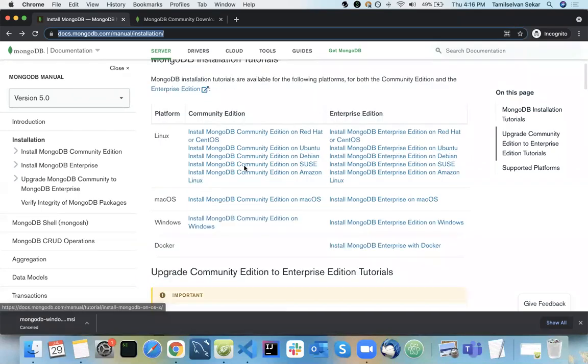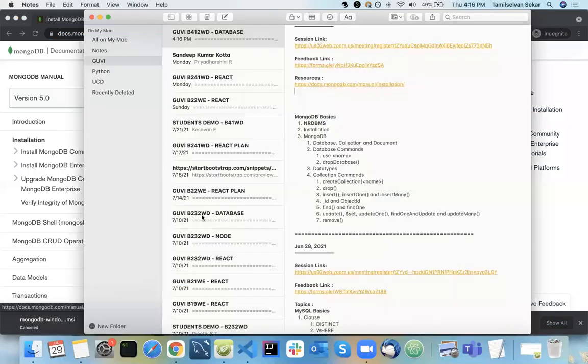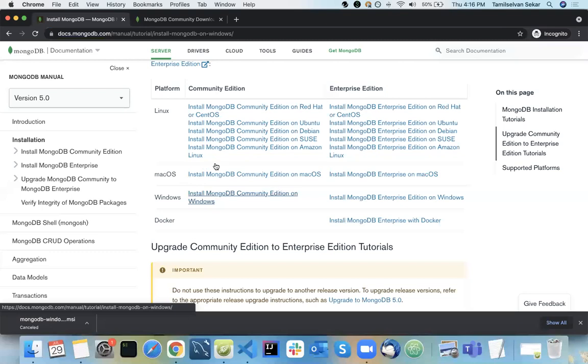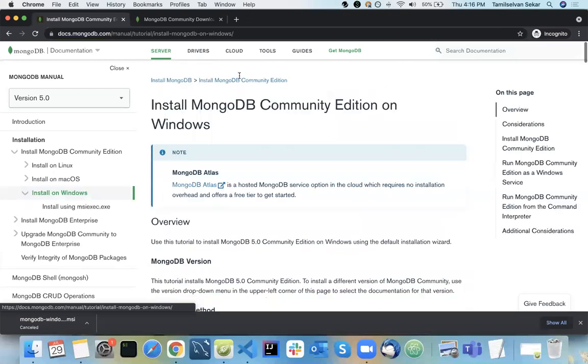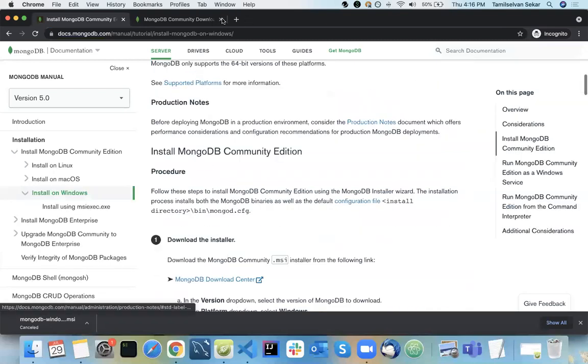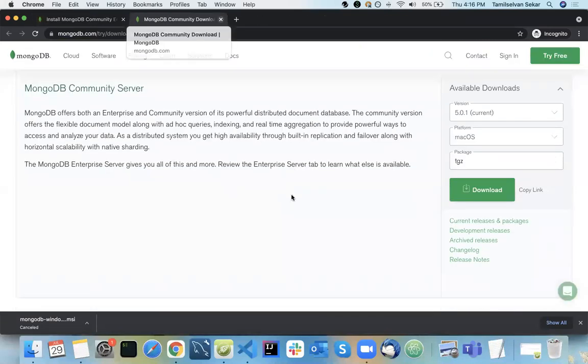If you go to the link, if you have Windows, go to here, and come to the steps here. The first step is you need to go here and download your things. Other than that, nothing new, just follow the documentation here. Just 3 steps. Okay, so nothing new.